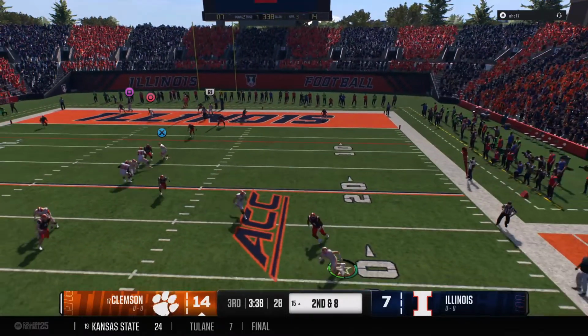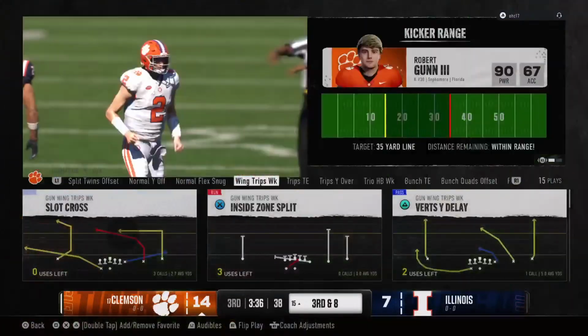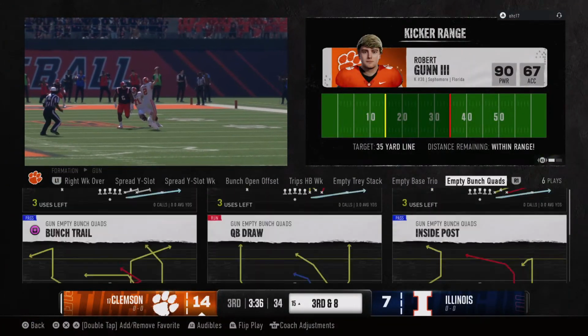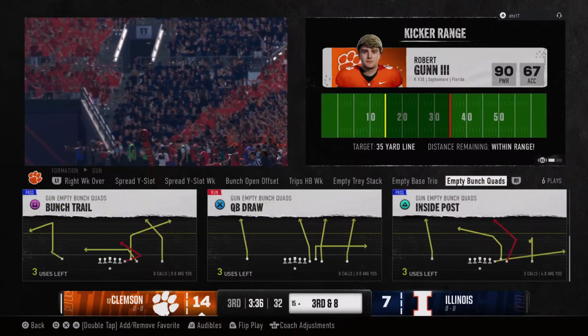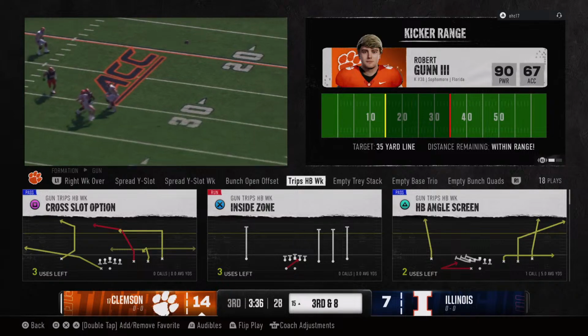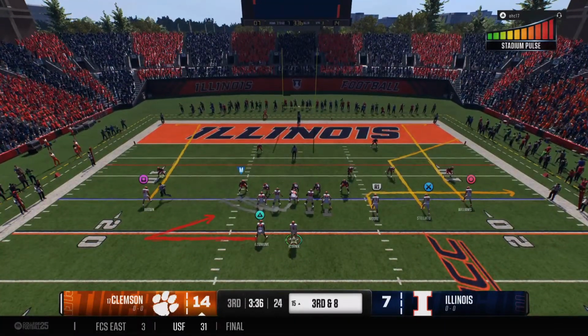Escapes the pressure to his right. And this one's not working. He'll just throw it away. Like the job by the defense there in coverage. They took every option away from the quarterback. He was outside of the pocket, nowhere to go with it, so they forced the incompletion, throw away. After the second down misfire, looking at a 3rd and